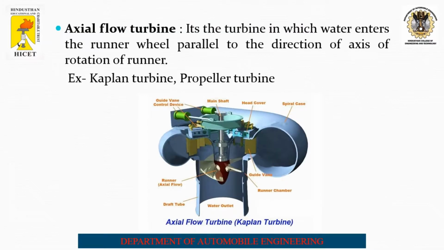Axial flow turbine. In this case, the casing looks almost the same, but you can see clearly that the water is flowing in the axial direction, from top to bottom, and by that the propeller is rotated. Very well, you can see the propeller. It is of a very different design compared with the previous case, the Francis turbine. The propeller design of the axial flow turbine is completely different, which provides a very good example. Two examples are the Kaplan turbine and the propeller turbine.